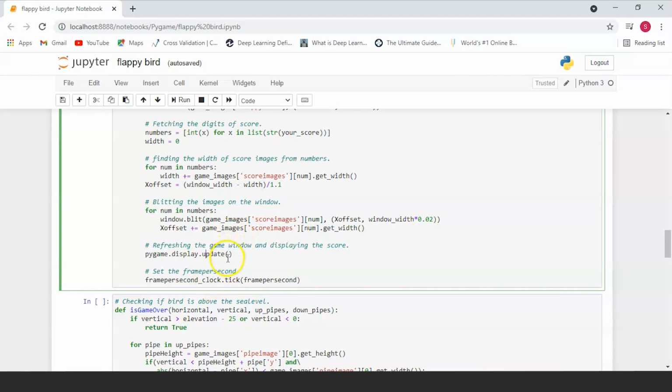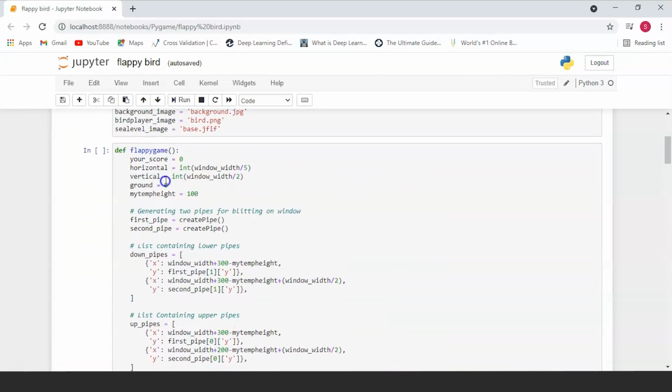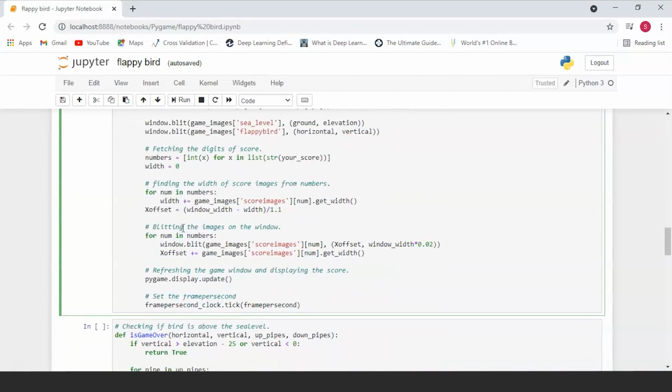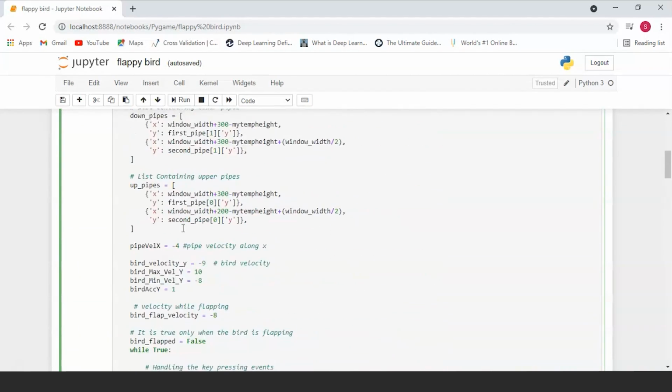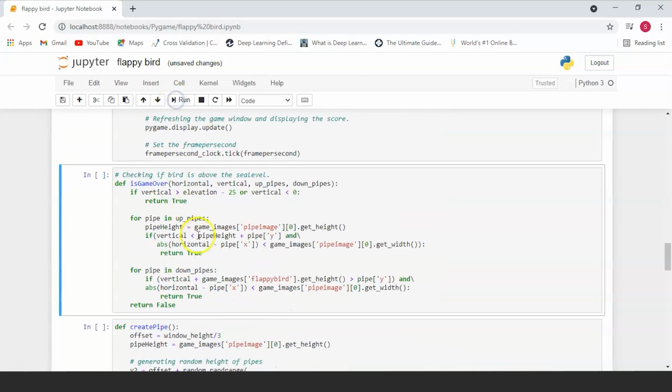And as we talked about, every time your display changes, you can't have two displays open at once, so the game will move on to this new display window. And again, over here, we're just setting the frames per second. And that brings us to the end of everything that we need to do. This is the basic game logic that we're going to be needing. So this whole function just defines your game logic. Let's finish running this.